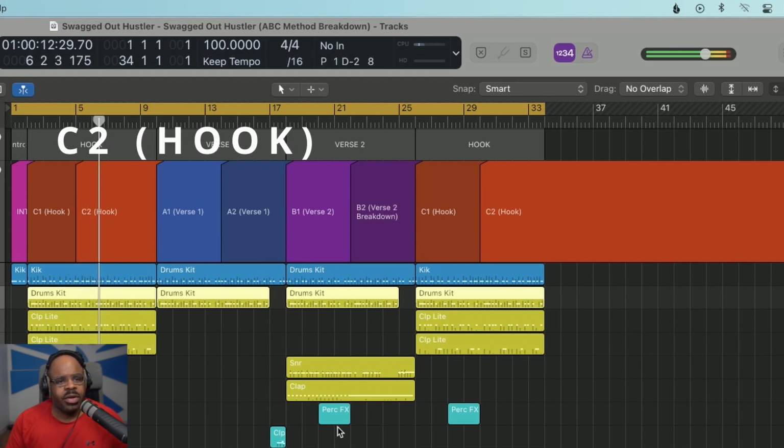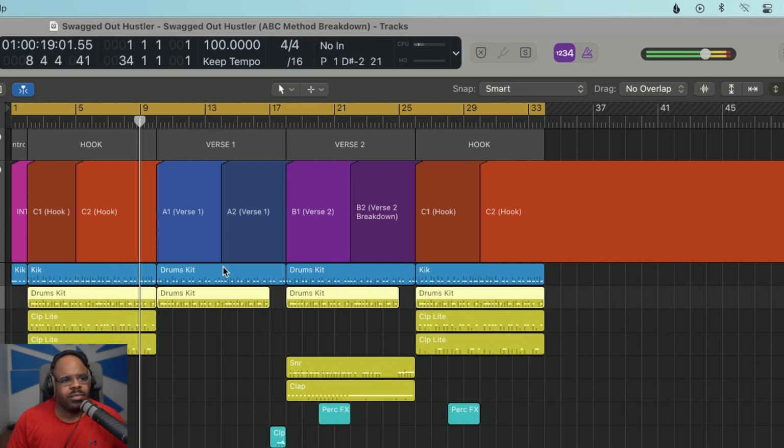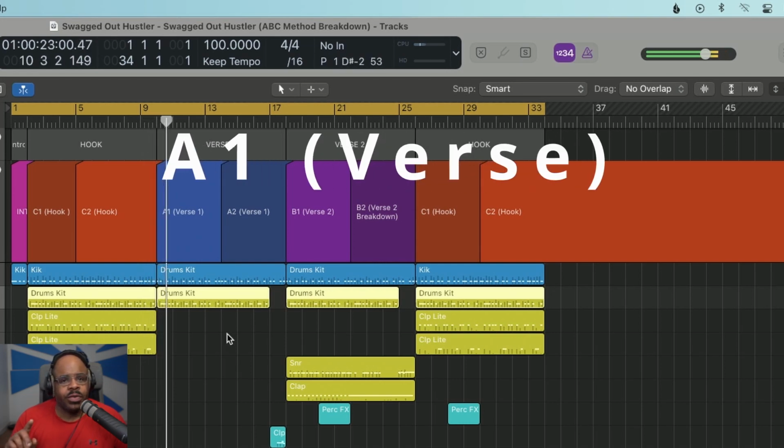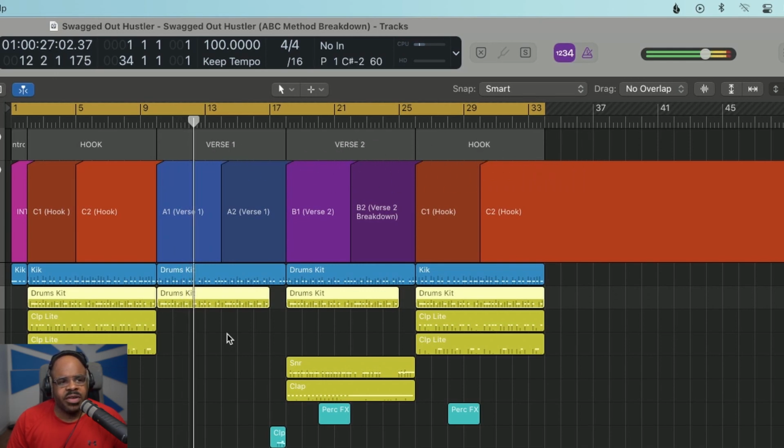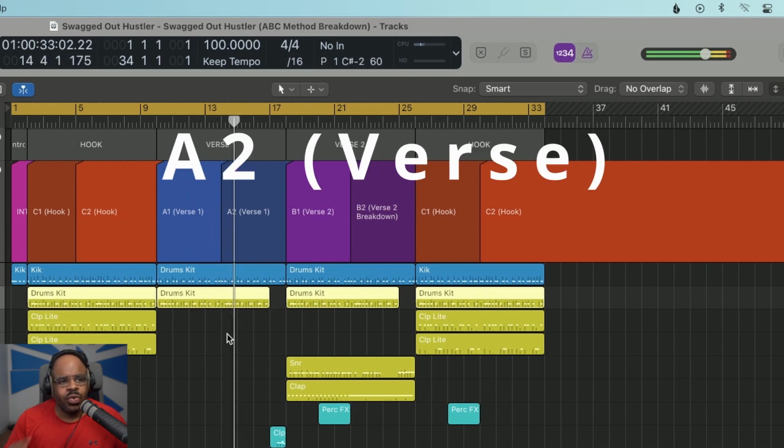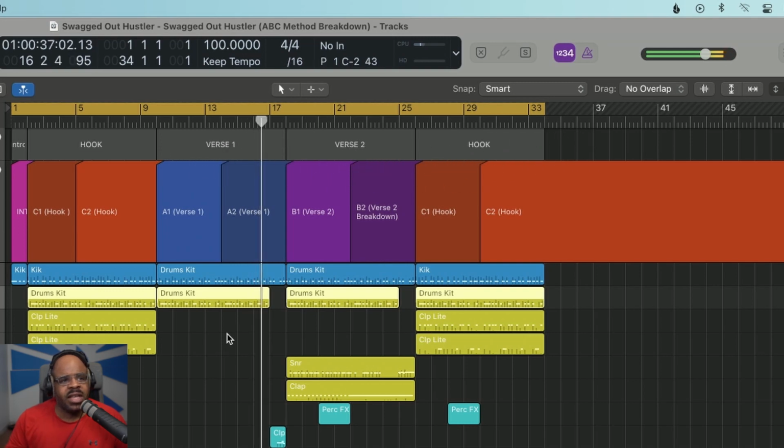The second part of the hook. Verse 1, that's A1. Listen how sparse it is. Now listen to the transition. That's A2. Now listen how I transition into the next verse.